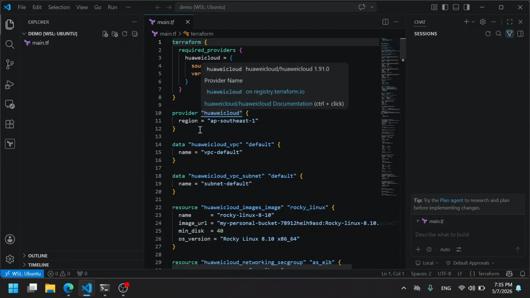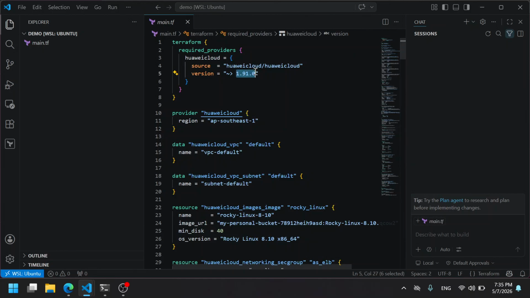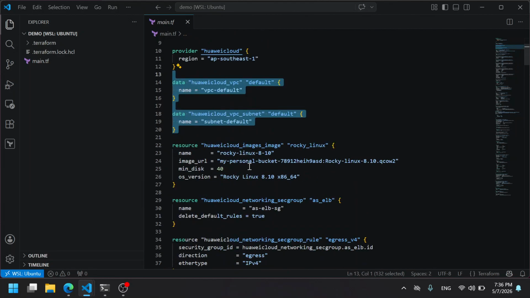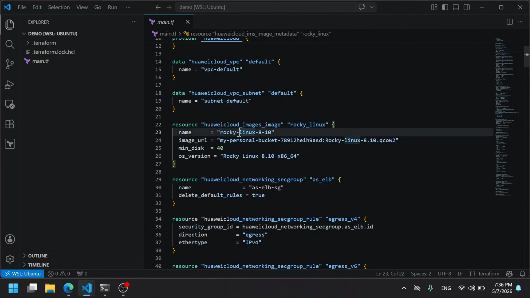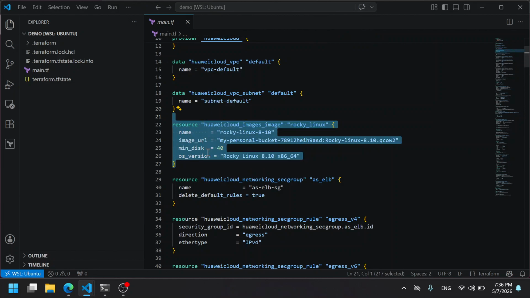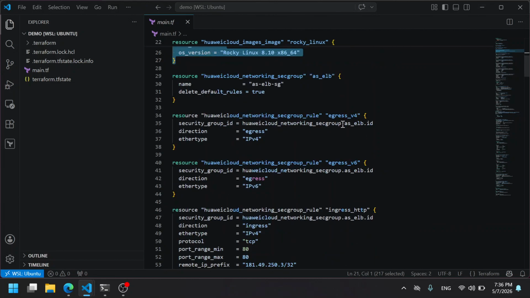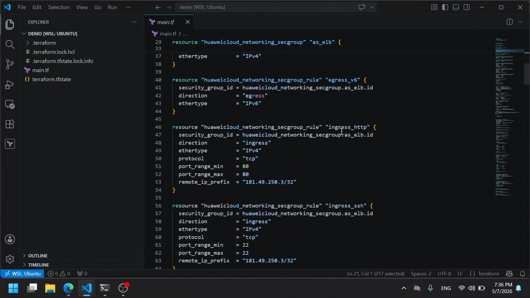So he got into region AP. So this latest Terraform provider documentation as of today, that's 1.91.0, and he's going to use my default VPC that he fetched before. Going to get into the Rocky Linux. I didn't know you can do that, but you can create an image using a URL directly from Terraform. Wow, that's perfect. So after that, ELB, egress rules, ingress rules,